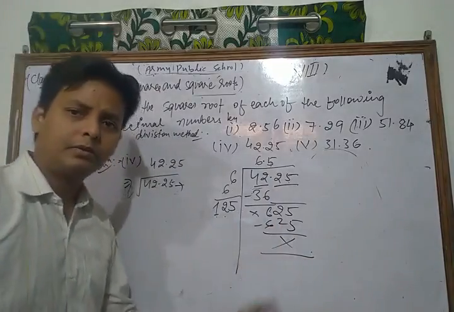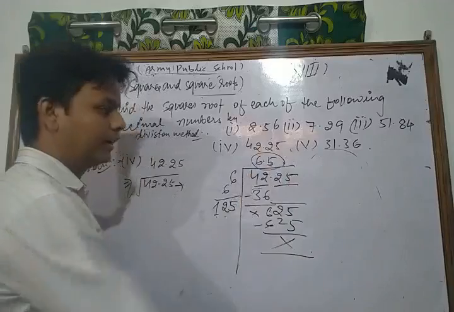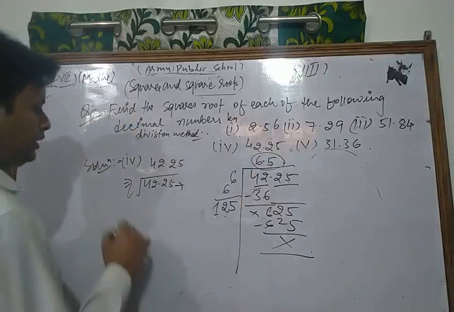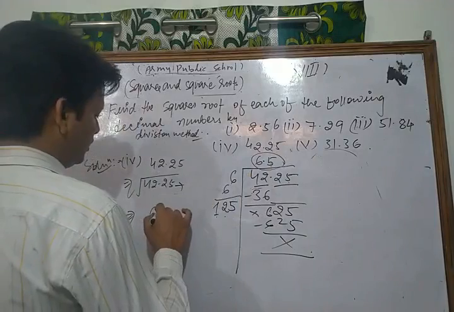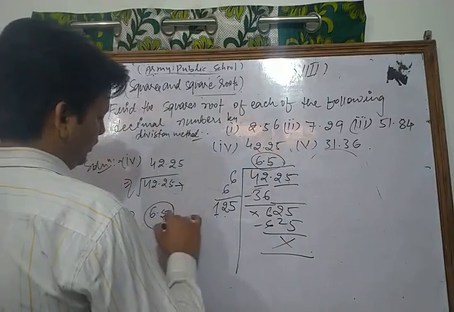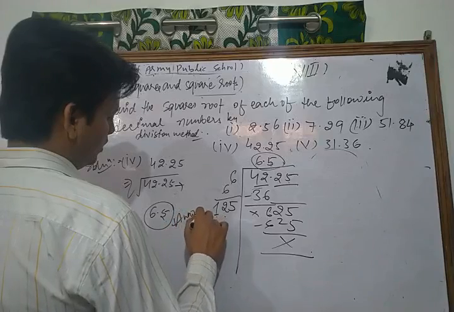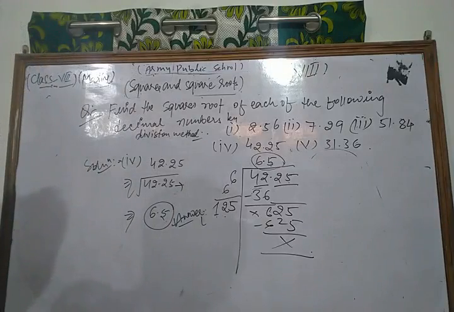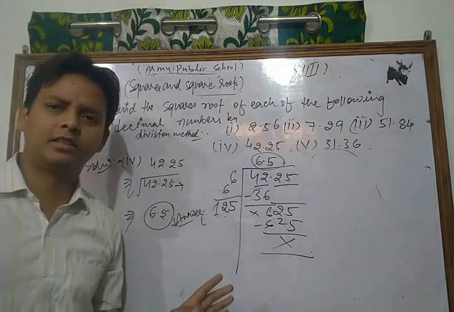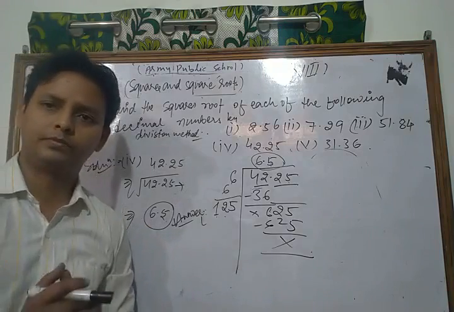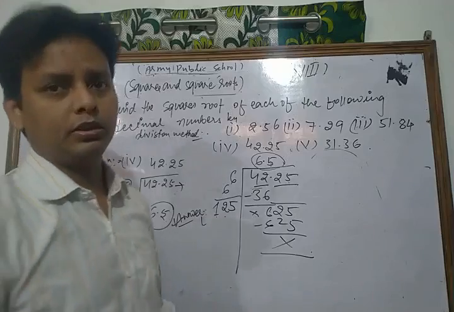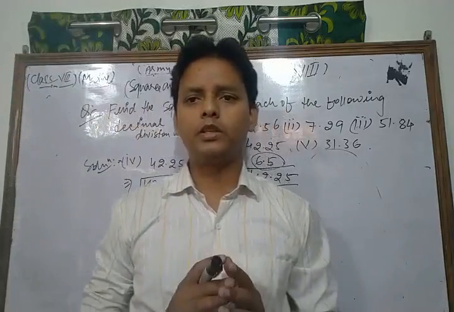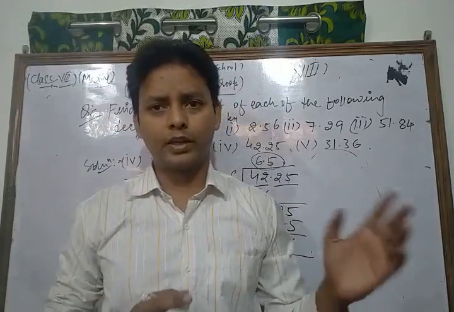When the remainder becomes 0, our final quotient is the required solution. Means the required solution is 6.5. This is the required solution of the given question. Okay. So in this way, you can solve each and every question of your NCERT exercise based on these topics. Okay. So this is one of the most important questions. So please dear student, do more and more practice of that type of questions.